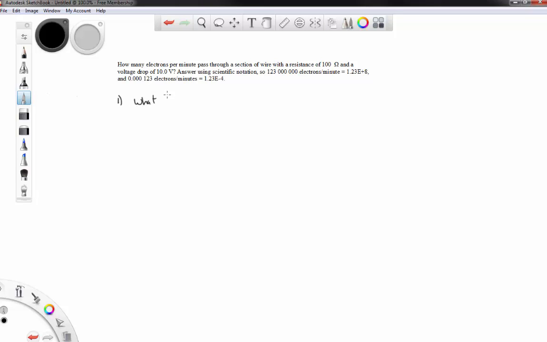The current I is, as you recall, defined by the change in charge per unit time. So we know we're looking for a current because it's asking how many electrons, which carry a charge,